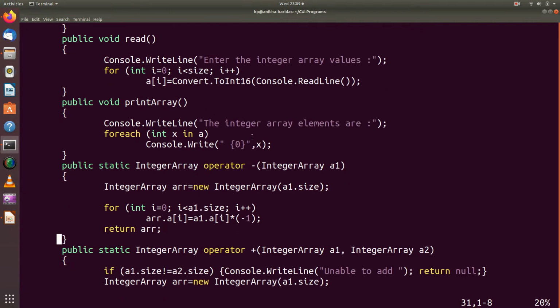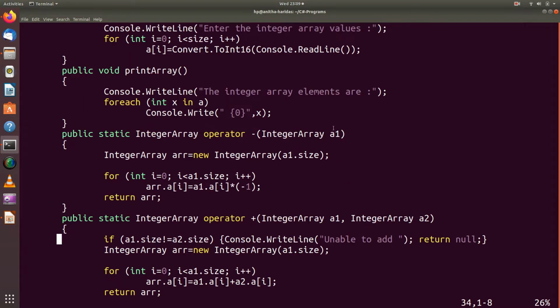For the integer array object A1, there will be a member A, which is an integer array. This element will be negated by multiplying it with -1 and stored in a new array object. ARR is a new object I am creating. Then this value will be returned here.